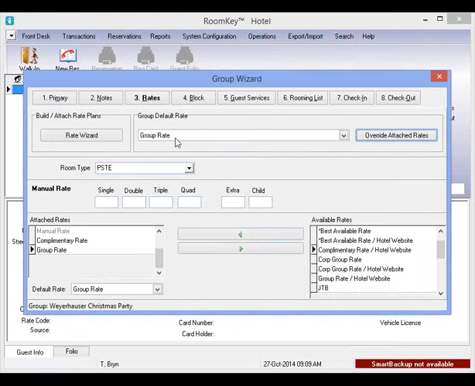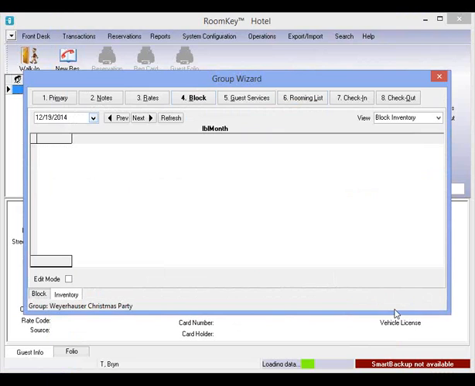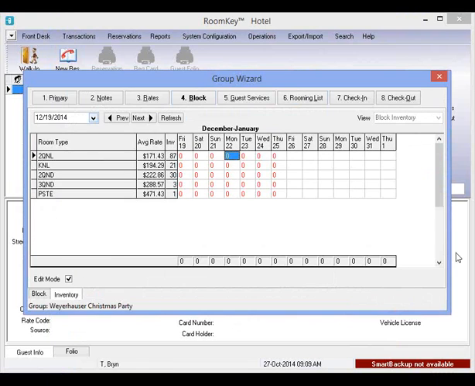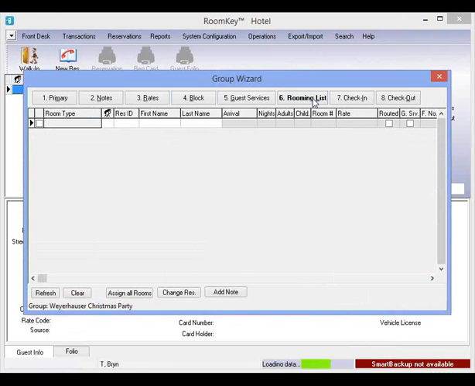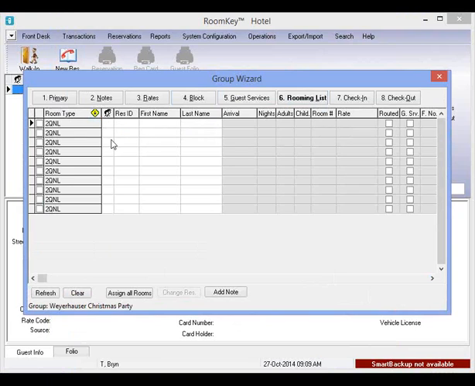Okay, now I am going to show one other feature that we added into the rooming list area. I'm going to go do my block first. The block is all the same at this point. And if I go to my rooming list tab, right off the bat, you'll notice we have the two-head column. For those of you working in reservations, you know this is indeed the shares area. So the benefit here